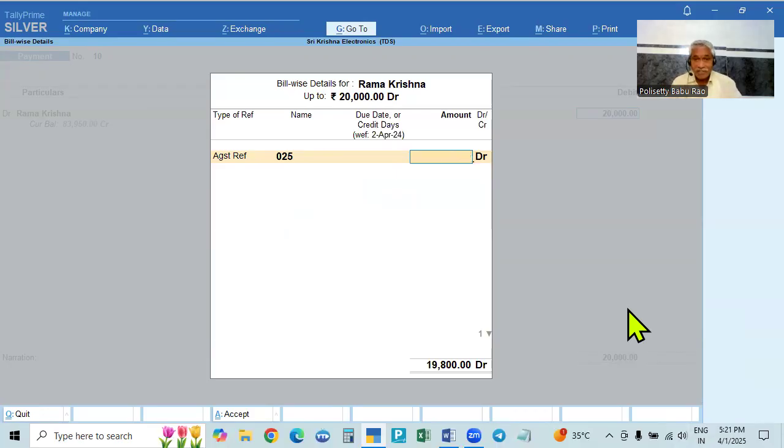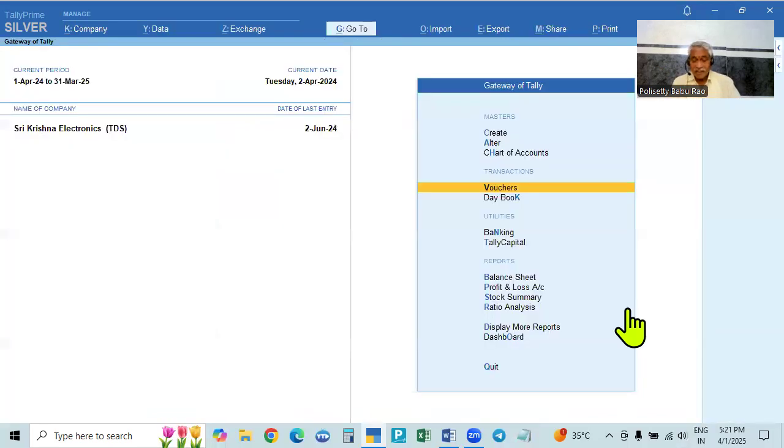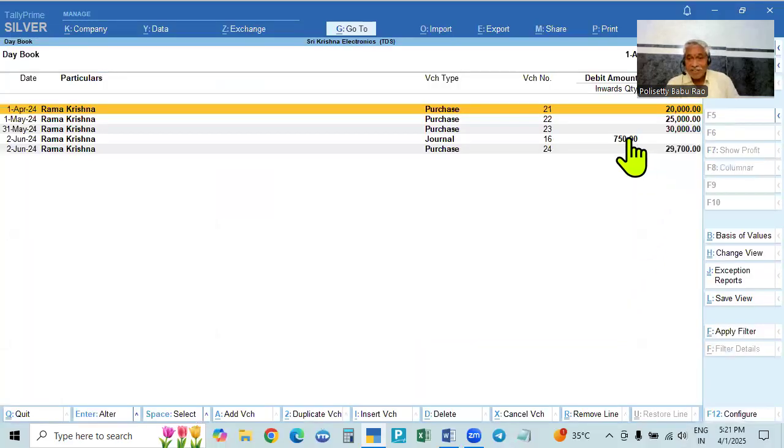That is why, since it was already deducted against this bill, it is showing only the balance. That is why we have to make the payments every month after deduction. The balance we have to pay, otherwise the total amount we will pay then.